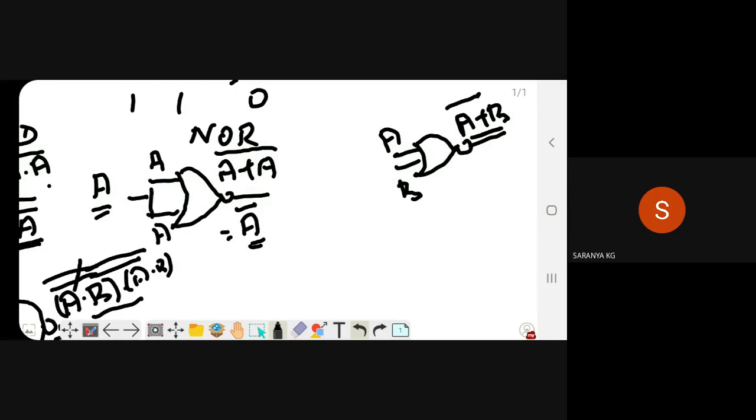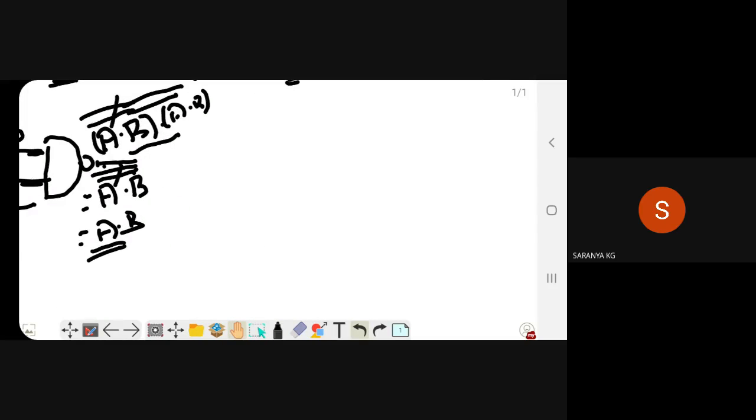Okay. So for that, before giving the input to a NOR gate, we need to complement the input and then give it to the NOR gate. So I want to complement it. Because of the complement, I want to use a NOR gate as a NOT gate.